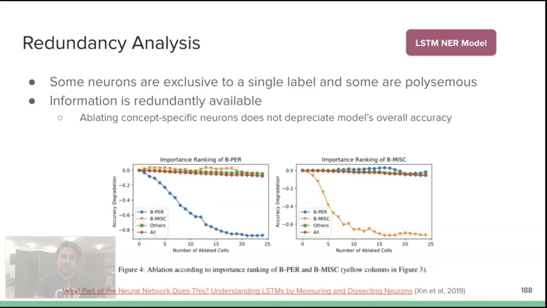Similarly, Shin et al. found neurons exhibiting a variety of roles, where some neurons were found to be exclusive to single concepts, some captured many concepts like BERT where they were polysemous, and neurons that are not sensitive to any concept in the network. They also found that while there are specialized neurons in the network, removing them caused deterioration in specific class accuracy, but overall network performance does not deteriorate, showing that the information is redundantly distributed in the